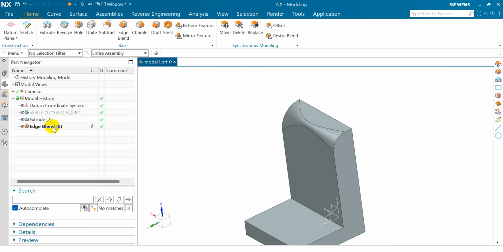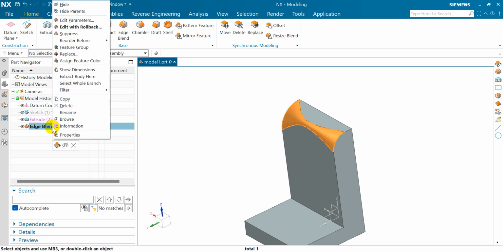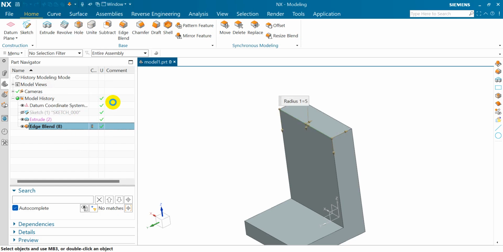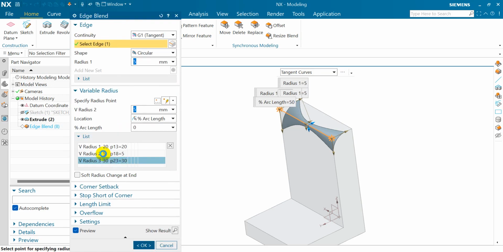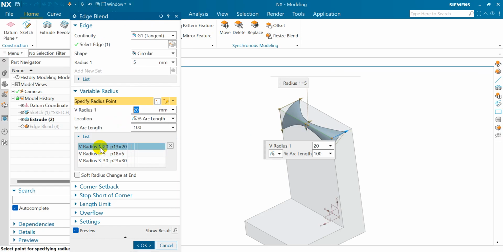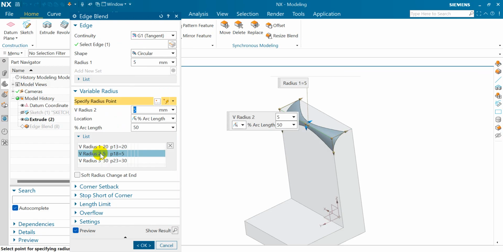You can control it at any time. You can change the value. Right click on edge blend and click on edit with rollback. You can click on the list and fill the value there at any time. Suppose there is 5 but you need 10, click on it and fill the value 10.